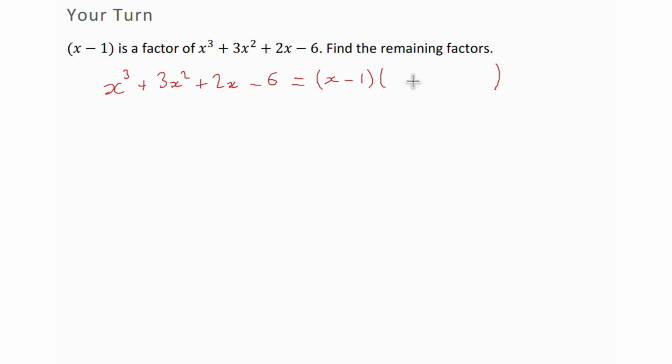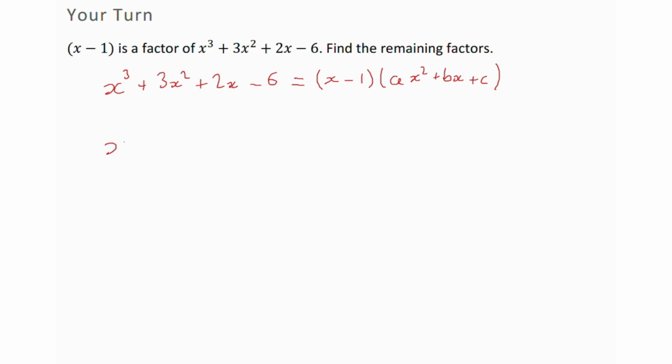What is in here? Well, if this is a cubic and this is linear, what's in here has to be a quadratic. Ax squared plus bx plus c. Now we could approach this in a very similar way to what we did in the last question, which is use the grid method to expand this and make those comparisons. Now that would absolutely work. But this is something you're going to do quite a lot in this course, this specific type of problem. So let's see if we can do it in a slightly quicker way than having to use the full grid